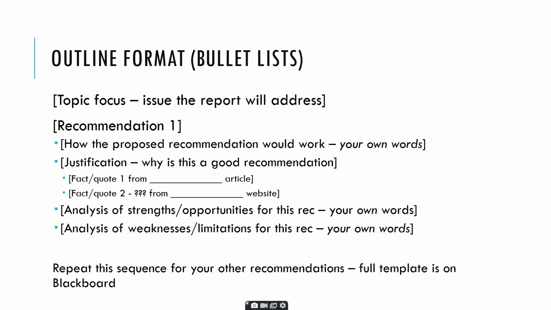And when you write this thing out, you'll write it out in full paragraphs. It might be several paragraphs long per section, per recommendation. But right now I just need a couple of notes, like a sentence or maybe even less, depending on how clear your phrases are. So you tell me what the recommendation is going to be. Recommendation 1, to do blank. And then tell me a little bit about how the proposed recommendation will work. And that should be in your own words. Again, that's about a sentence or so.